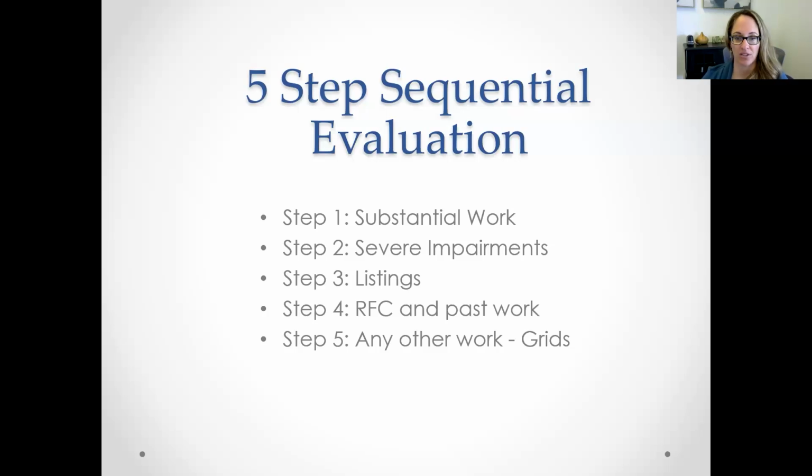Step 4 is where they determine what your residual functional capacity is, or RFC. An RFC is where they say, okay, how much can you lift, sit, stand, walk, use your hands, use your legs, use your brain, are you able to work with people? Can you work in a loud environment? All the things that you're able to do or not able to do, they put together in this residual functional capacity. And with that, they say, as step 4, given all of those limitations, are you able to do your past work?